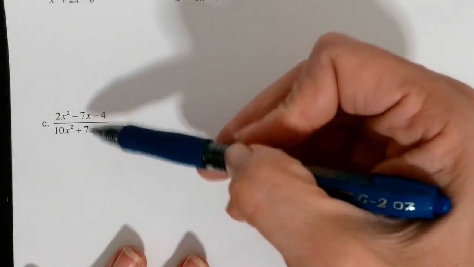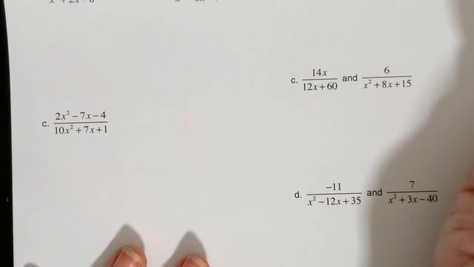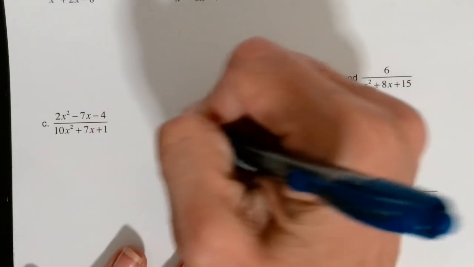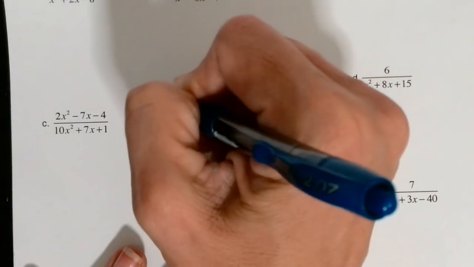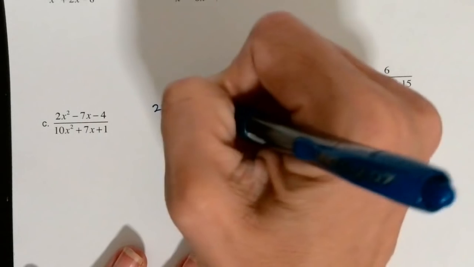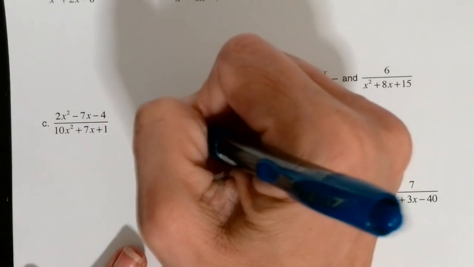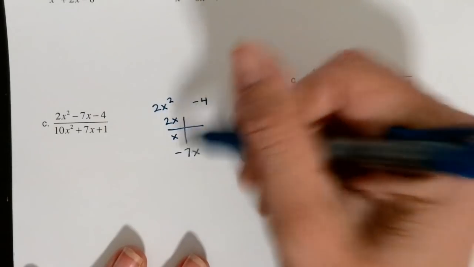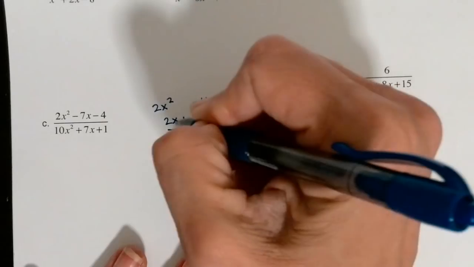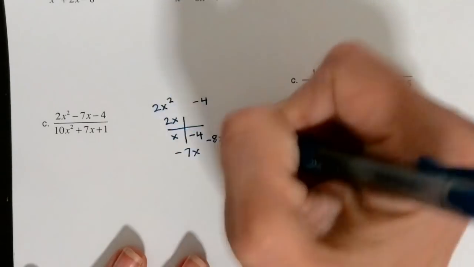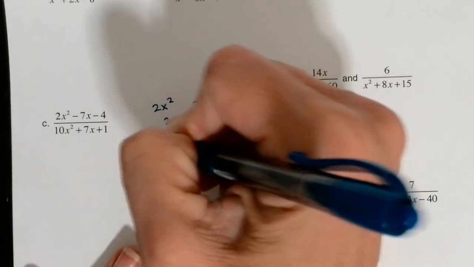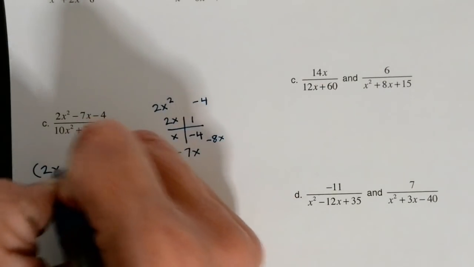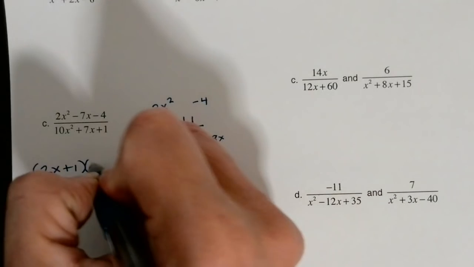Why do I need to do both? Because I'm no longer just looking for excluded values. I have a different set of directions. So here is my numerator t-chart. So 2x and x, and I have more negatives, and I have 7 of them. So that's negative 8x, and that's 1x, so that works. So my numerator factors to 2x plus 1 times x minus 4